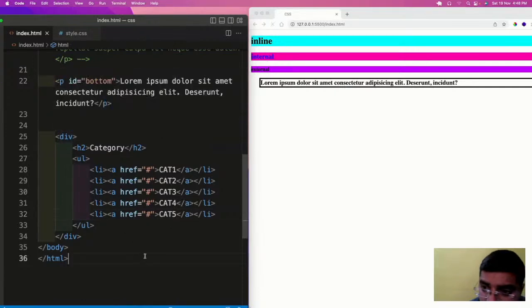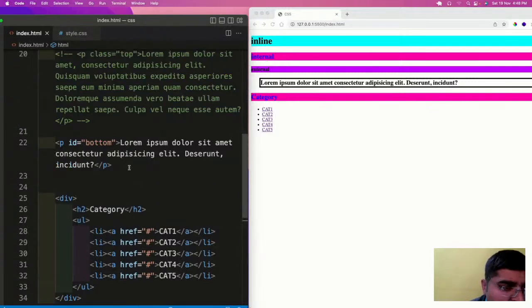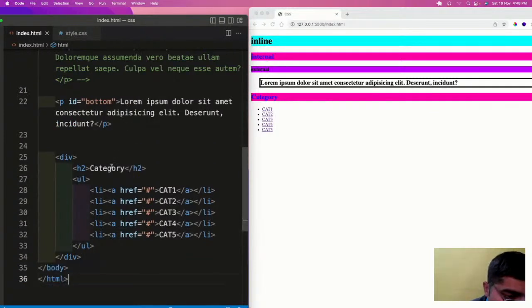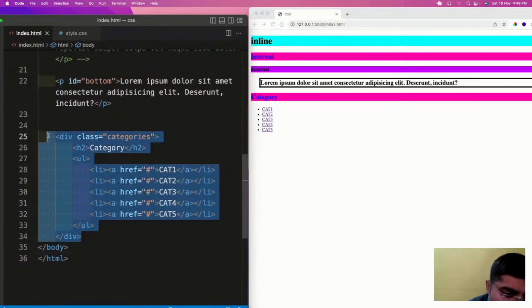And here also we will have a class categories, the parent class. This class will control the entire structure we have created.